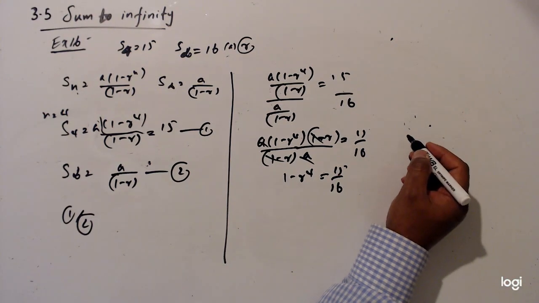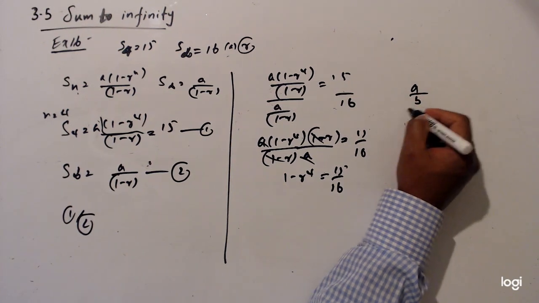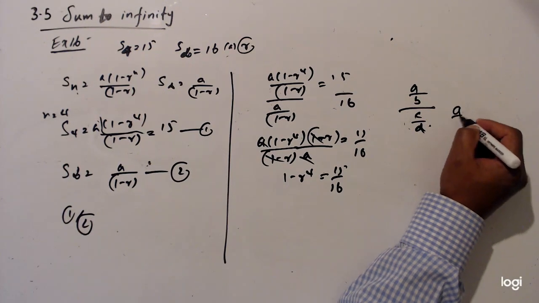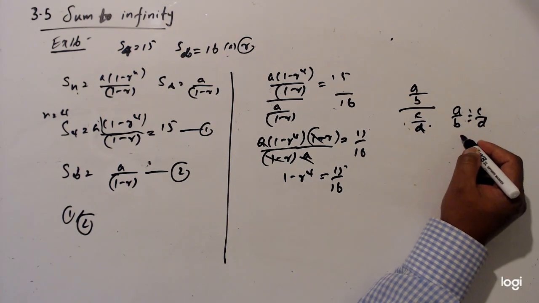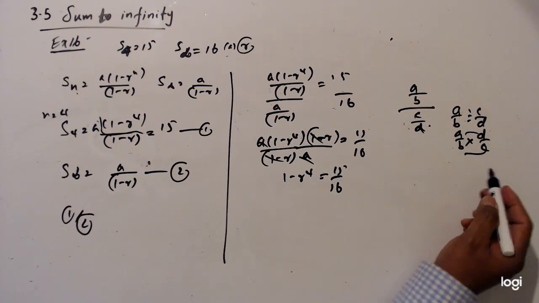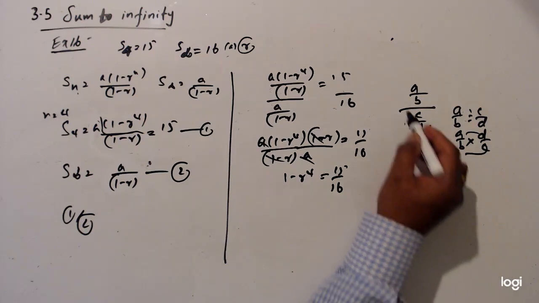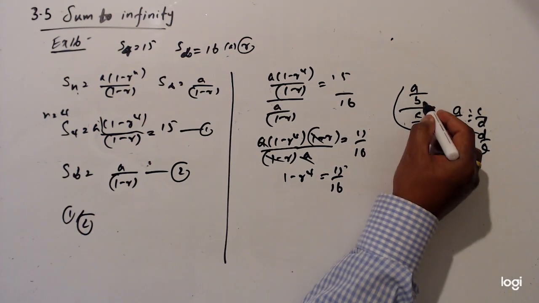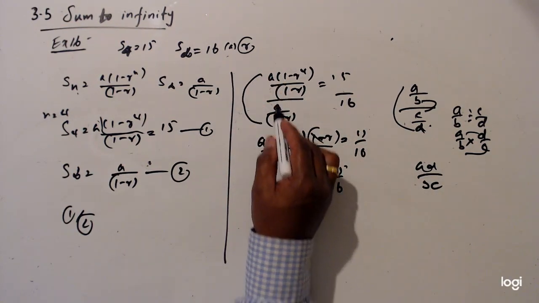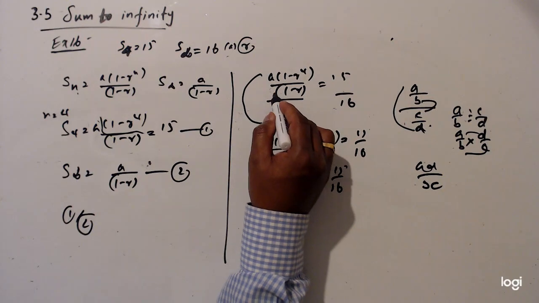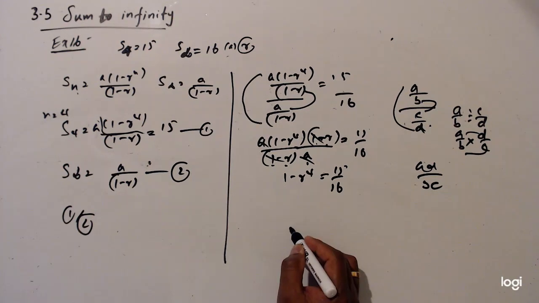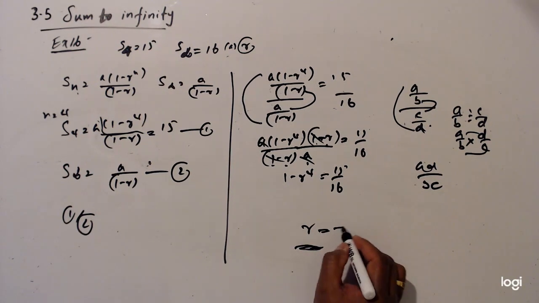Basically, this is AB divided by CD form, so AB divided by CD is AB multiplied by DC, that is AD divided by BC. Then you can simplify, so you get r equals plus or minus